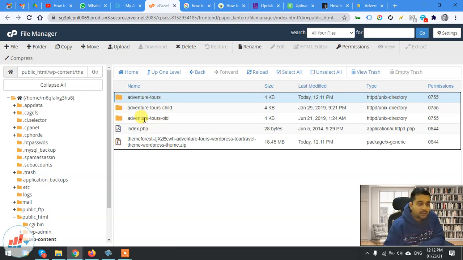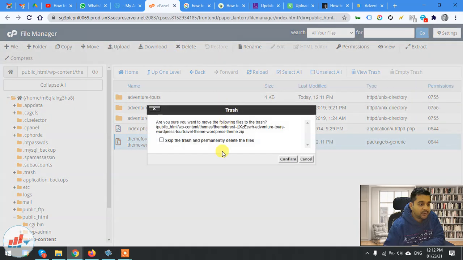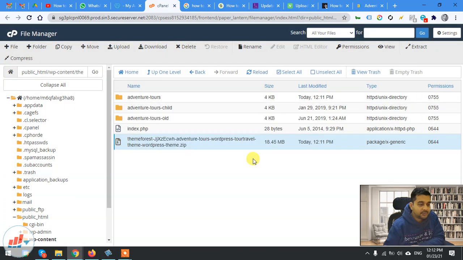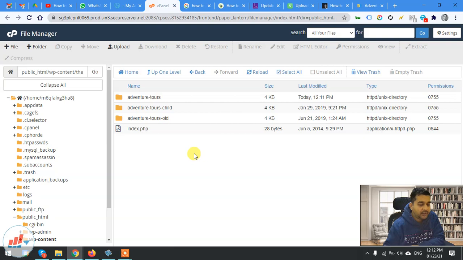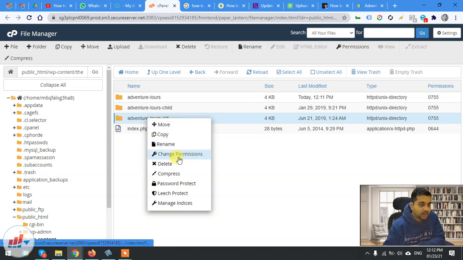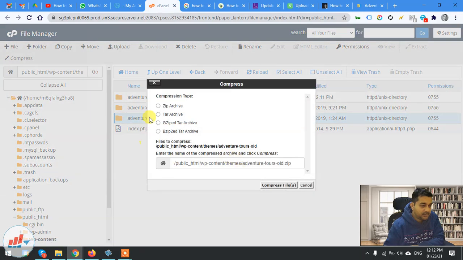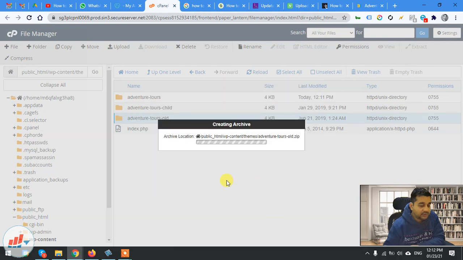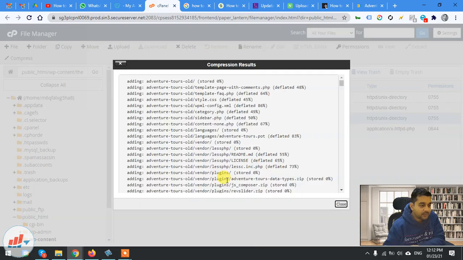And I think first of all, this one we need to delete. So we can delete this particular zip file, and now the next thing would be to download. We can compress this original backup.